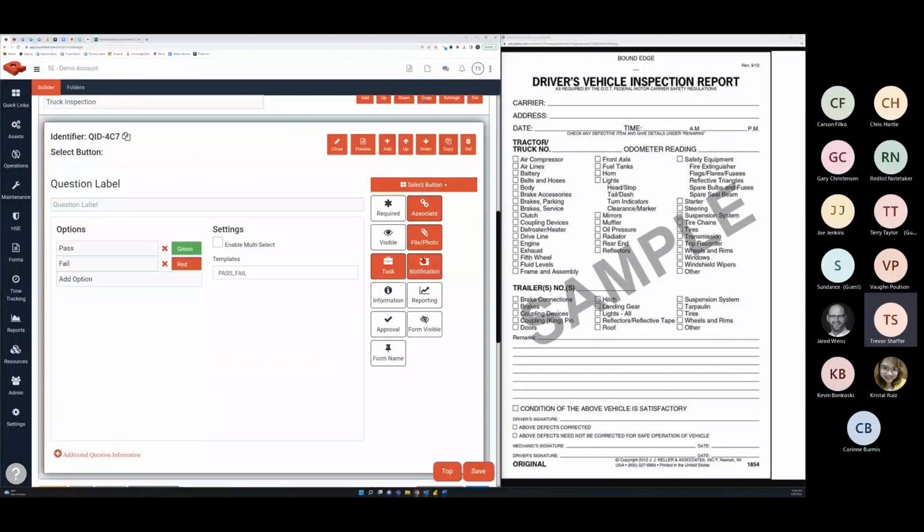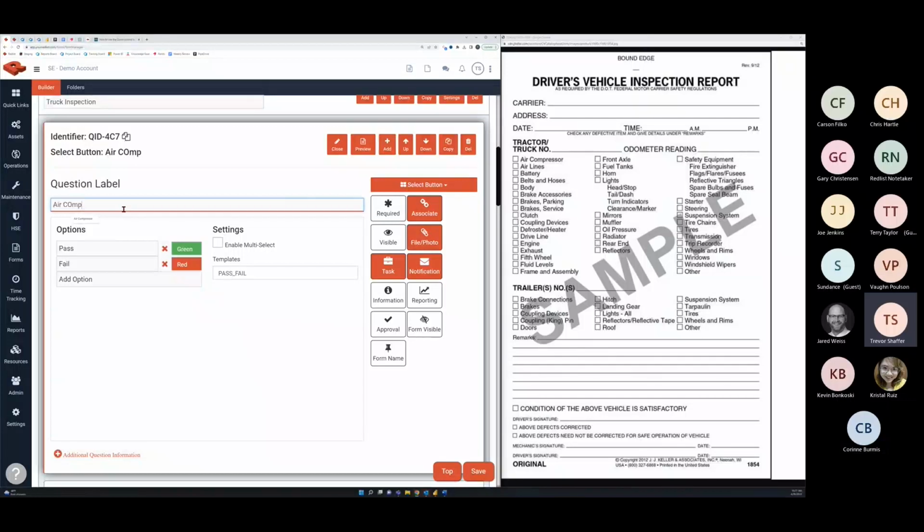And now that I've got all of my question logic set up, what I'm going to do is just copy this question for each of these. So there's maybe 25, 30 questions, so I would just hit copy 30 times. I'll just do it 4 or 5 times here. And then I'm going to come in and set my question label. So the only thing I need to do at this point is type in